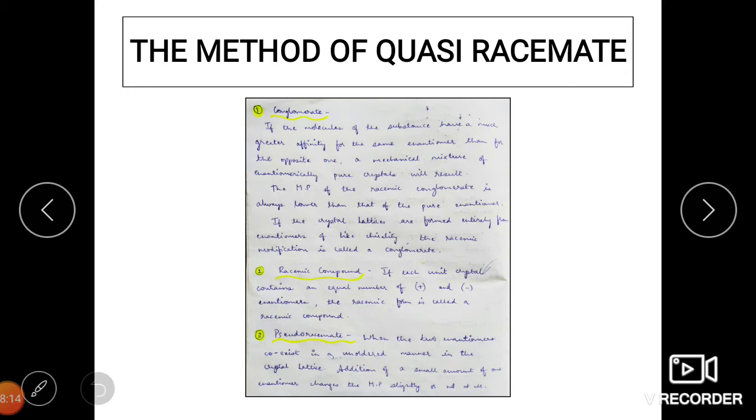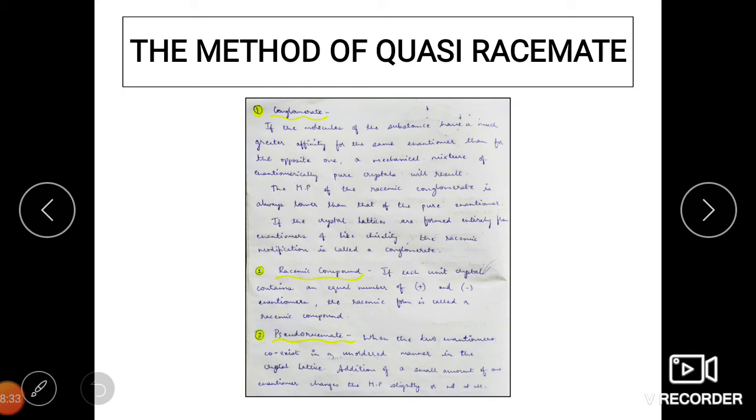So here in conglomerates, the crystal is always formed with only one type of enantiomer. That is, all plus would have formed to give rise to a crystal, that we call a conglomerate, or all the minus forms of a substance would have formed, and that we also call a conglomerate.